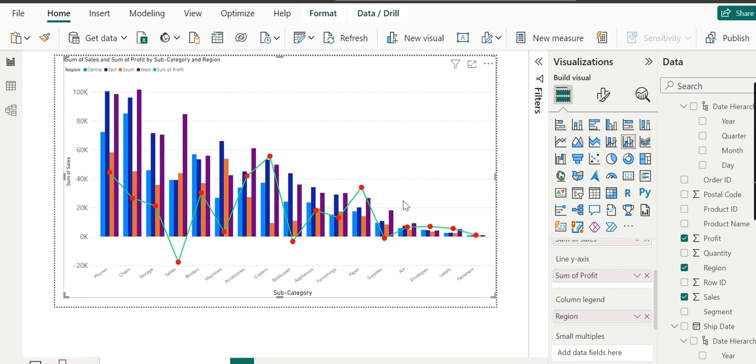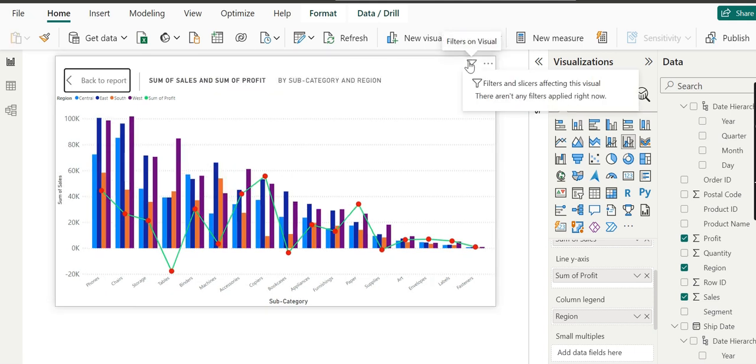Which are together. To see it in more detail, let's go to the focus mode, and there we can see we have clusters of bars for each of the subcategories, and these clusters represent different regions.